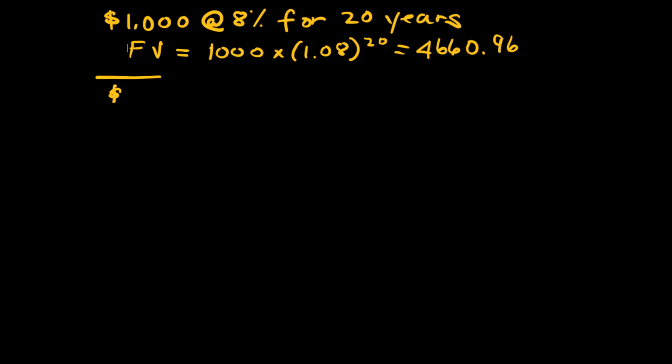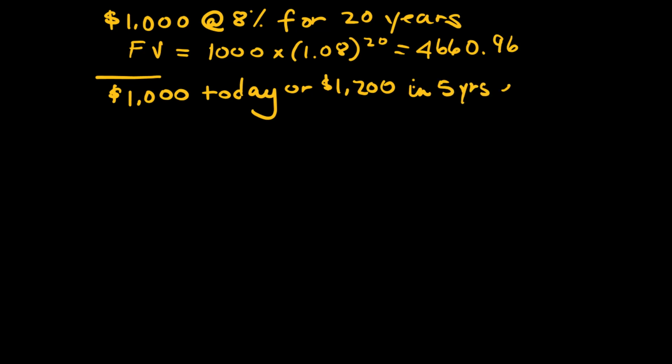$4,660.96. Now, what if we're offered the choice of taking $1,000 today or $1,200 in 5 years? How do we know which offer is better? Well, let's say we could earn 5%. Well, the present value is equal to the future value divided by 1 plus the interest rate raised to the number of compounding periods. So that would mean that $1,200 in the future divided by 1 plus 5% raised to the 5th power should be equal to our present value, which comes out to